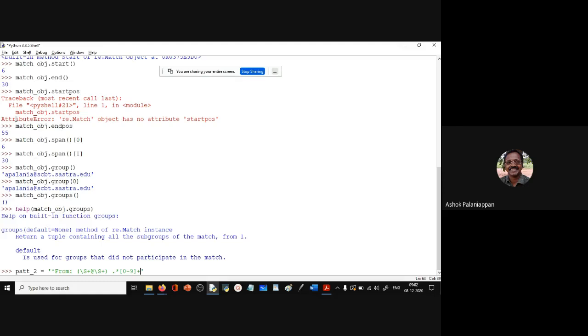What we will do is put this within parentheses, and we'll also put this within parentheses because there are multiple numbers. Let us see what happens now. Let's say this is pattern 3. I'm continuing from the email address. Then I want to trap some numbers.